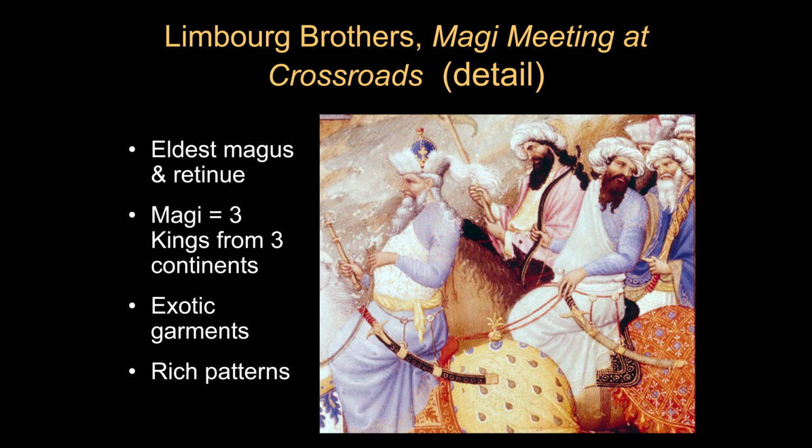And here's a detail just to show you. You have the eldest Magus here on his horse with the very decorative patterns on the cloths that cover the horses and the garments. And the people in his retinue have a curving scimitar, and they have turbans, to mark them as coming from the east and being very exotic. It looks like the crown actually has what looks like a little cross in it, doesn't it? So we're, I guess, being informed that he's going to convert to Christianity.